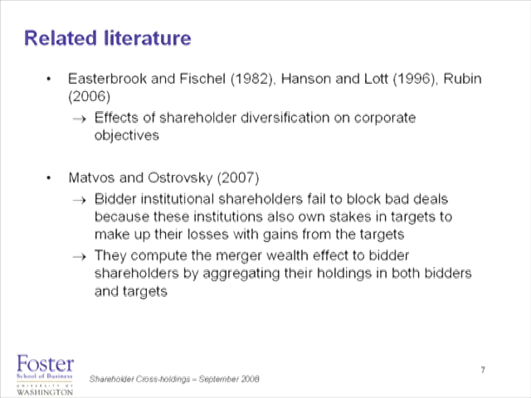They're saying every shareholder that owns both shares in the bidder and the target, let's just add up those and see how much wealth effect there is. But basically what they're adding up is shareholders that have a lot of shares in the bidder and a tiny little bit in the target, and they get thrown in there. So it looks like you have this large block of shareholders that have a lot of influence with the bidder, that own a lot in the target, but you're actually completely missing the heterogeneity of the relative effects.